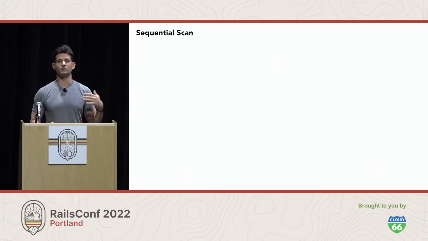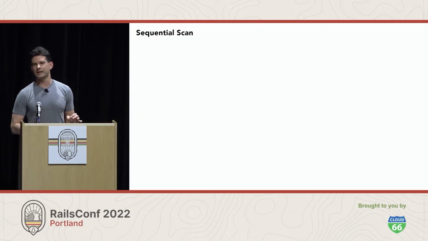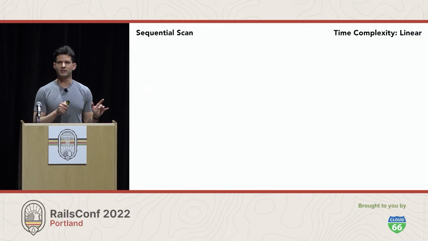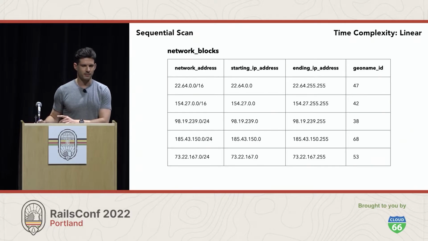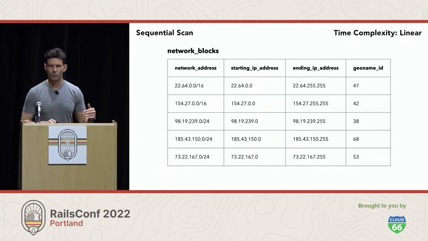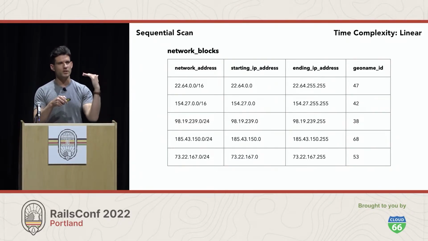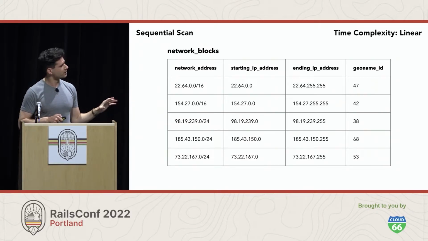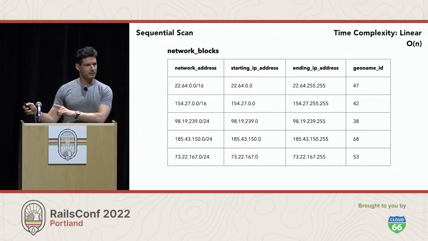So a sequential scan can be thought of as a for loop. And to put this into terms of time complexity, because that's what our database cares about, a sequential scan is going to be a linear operation. What this means is that the time it takes to perform a sequential scan is going to be directly related to the size of your data set. In a worst-case scenario, where we start scanning at the top of our table and the item we're looking for is ordered last, the time it takes to get there is going to be the length of our data set. For that reason, linear operations can also be represented like O of n, where n is the number of items